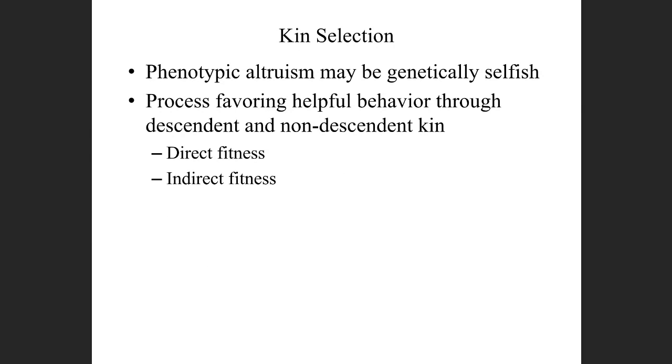Okay, so kin selection is the idea that phenotypic altruism, like feeding someone else's offspring, where you're risking predation and getting tired and using up calories while someone else's offspring are benefiting, may be genetically selfish if you're directing that helpful behavior preferentially to close kin, right? And so we want to define these two kinds of fitness: direct fitness, which is